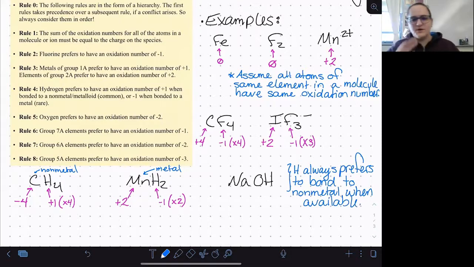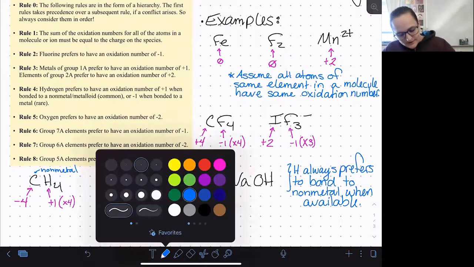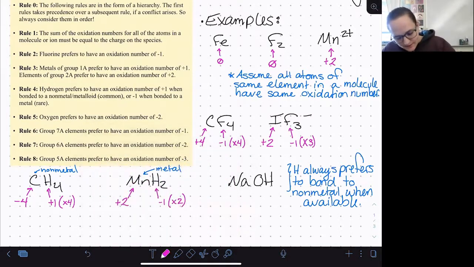And if you looked at the structure for this, that is correct. The hydrogen is bonded to the oxygen, not to the sodium. It does not necessarily matter what it's written next to in the formula. Sometimes you'll see an H sandwiched in between a metal and non-metal in certain formulas. It matters what it's actually connected to in the molecule, and that's always going to be the non-metal if there's one anywhere in the formula. So that means that hydrogen is going to have its preferred +1